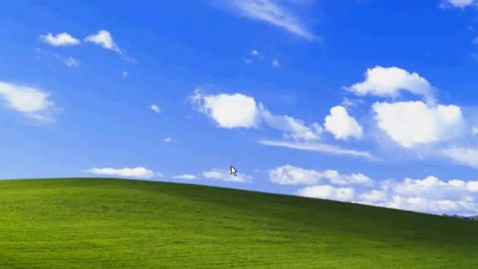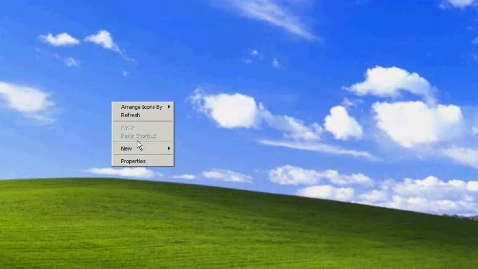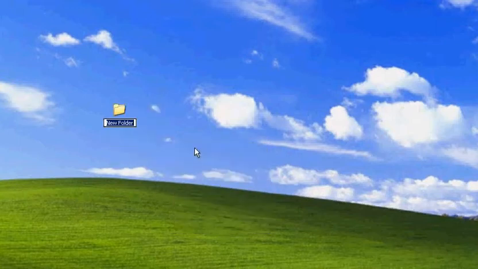Okay, I'm going to give a quick tutorial on how to create a very simple web page. So the first thing I'm going to do is create a folder on the desktop. This is to put all the files in that we're going to create, because we're going to create a HTML file. So I'm just going to call that web page. So within there